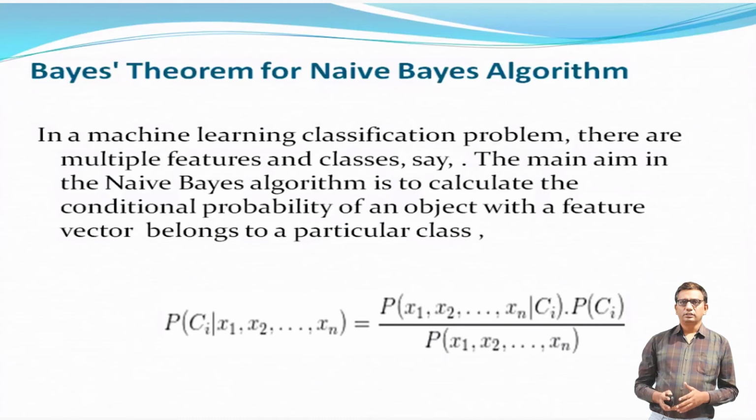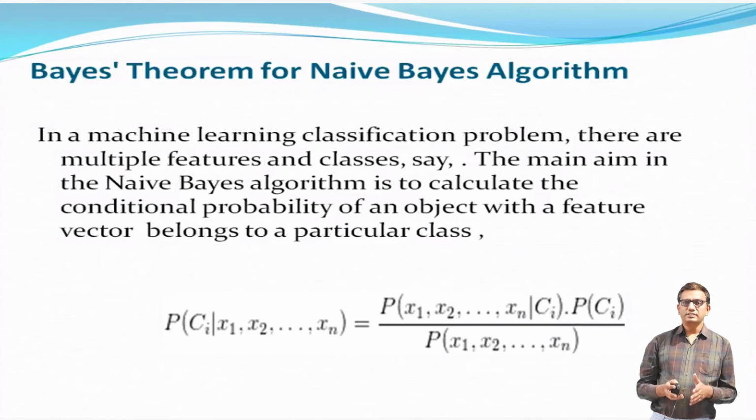And in machine learning we use classification, and these classes are denoted as Ci, and our inputs are x1, x2, xn. So finally, to find from which class or which partition this comes, we use the posterior probability, or Bayes theorem probability. Here probability of Ci given x1, x2, xn is called the posterior probability of Ci when x1, x2, xn occur.